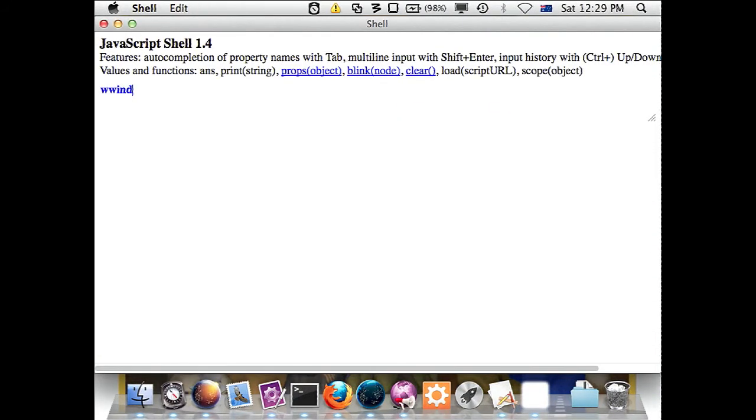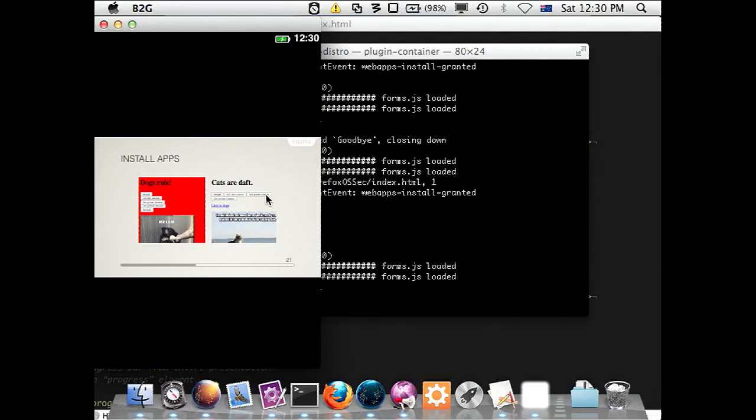So now I have this web app that's been installed natively. It's called the Web Apps Runtime. Basically, it launches just a headless version of Firefox that gives you what looks like a native app, but it's really just a HTML page. So this is part of the ongoing effort where we're trying to make apps across platform. You can run it inside a browser, you can run them on an OS that runs on a mobile device, or you can run them on a desktop inside of basically a shim. So that's one thing that's really cool, but actually installing it on what I intended to,